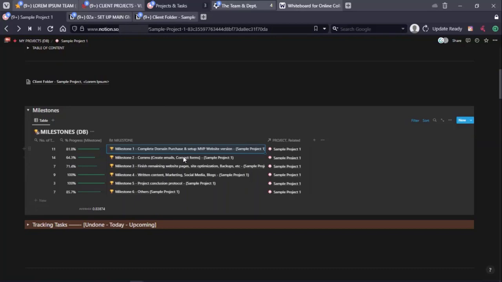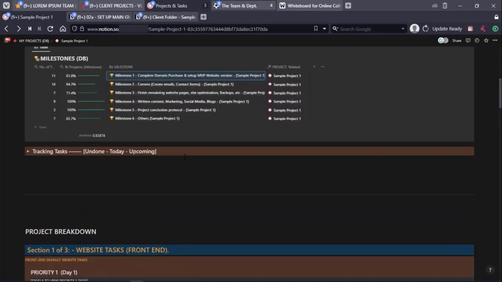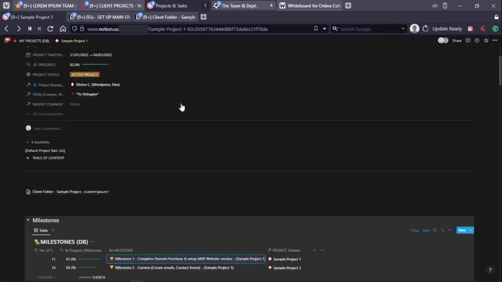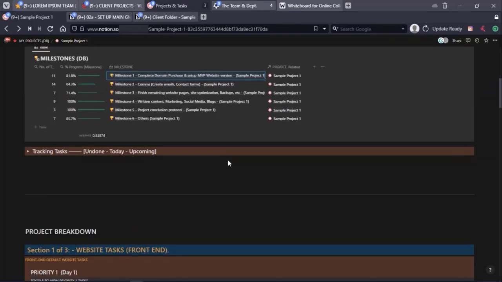So based on this, without even going into the main task list in the first place, the project manager can have a rough idea of the overall progress of that particular project. By the way, you can see that overall progress here as well, which is 82%. And the project time frame, this is the project manager, and the assigned team. You can always delegate this assigned team once you click the plus button up here,